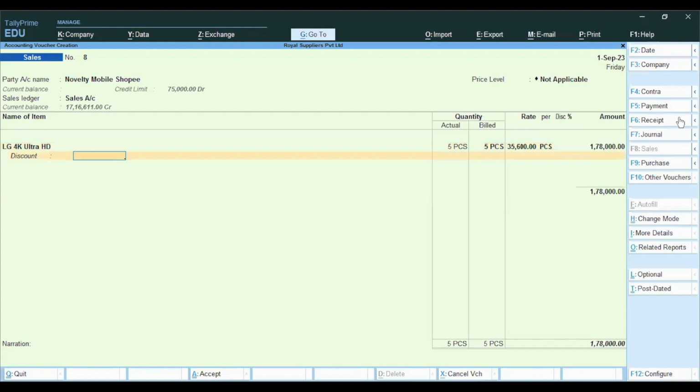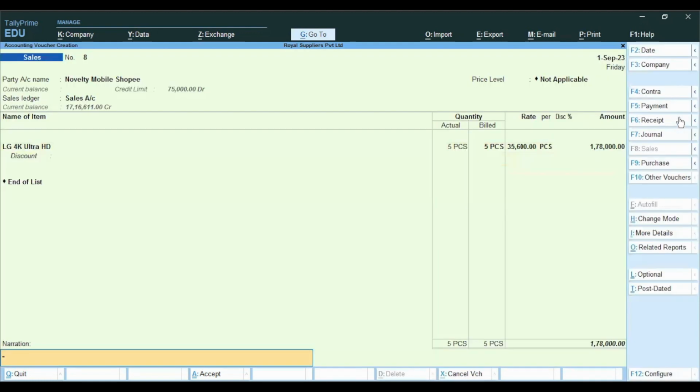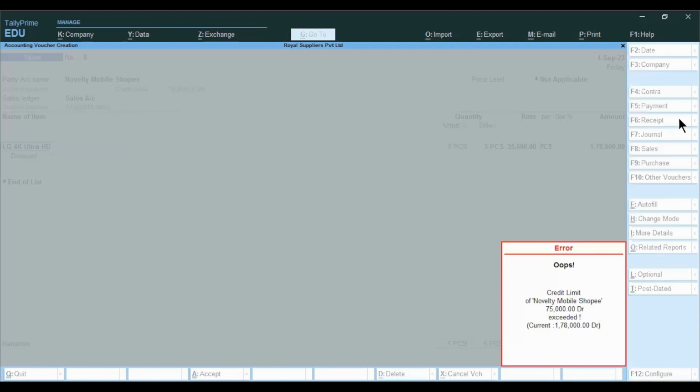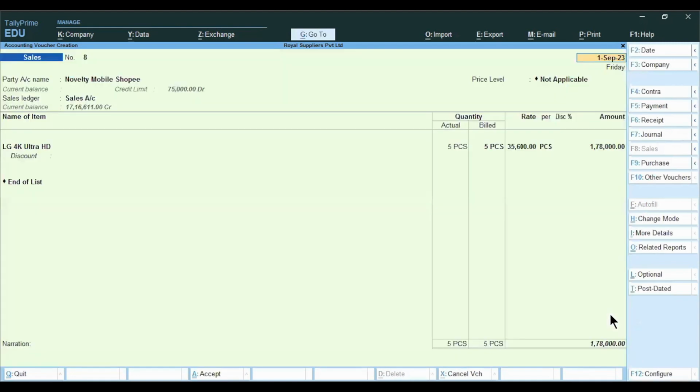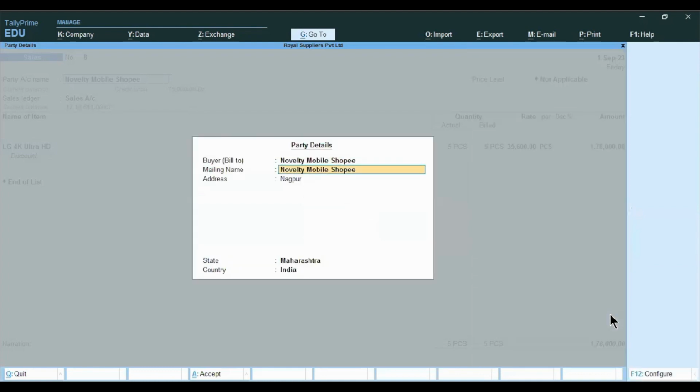Other goods, if we are selling the same, list them out, enter, give reference. I'm just accepting the screen and see. It will not accept the voucher as we have set the credit limit for Novelty Mobile Shopee as 75,000, and currently we are entering the bill of rupees 1,78,000. So above 75,000 it will not accept. So I'm just pressing escape key,